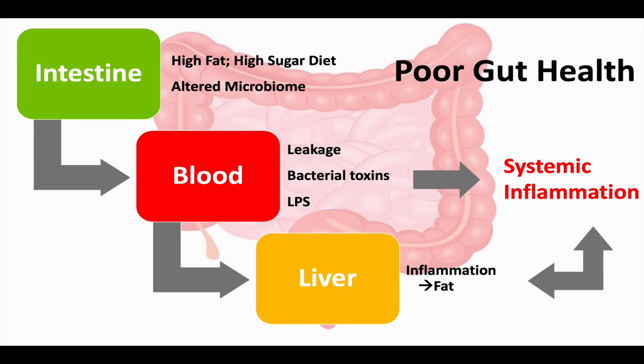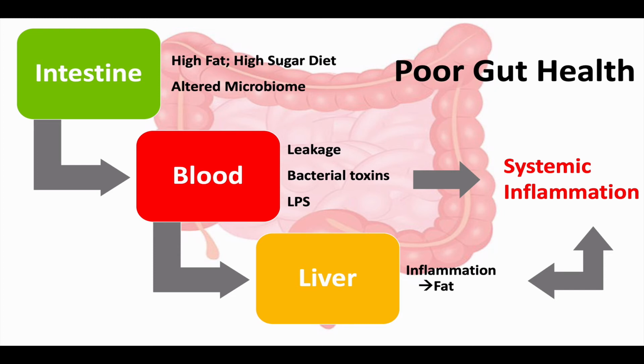And so this can create liver inflammation, and liver inflammation is associated with fat developing in the liver. So one of the reasons why fat stays in the liver can be because of the inflammation there. The toxins also can get into the systemic circulation. You get systemic inflammation, and that in turn can feed liver inflammation and drive fat in the liver. So poor gut health is another driver of fat in the liver and another potential driver for insulin resistance in